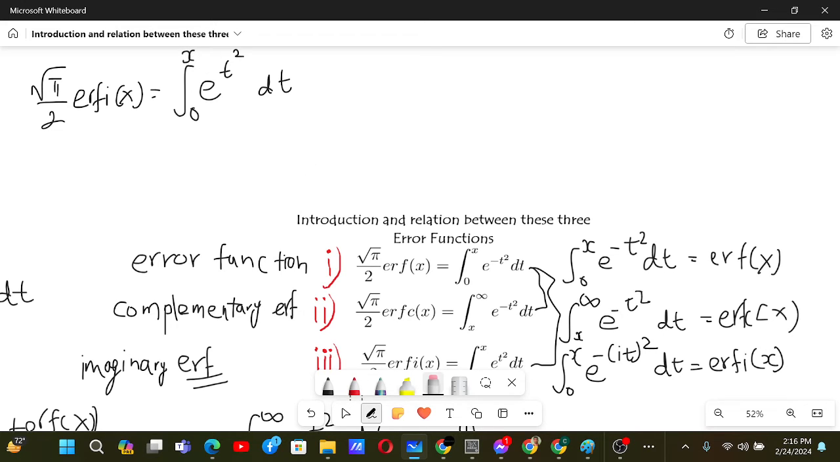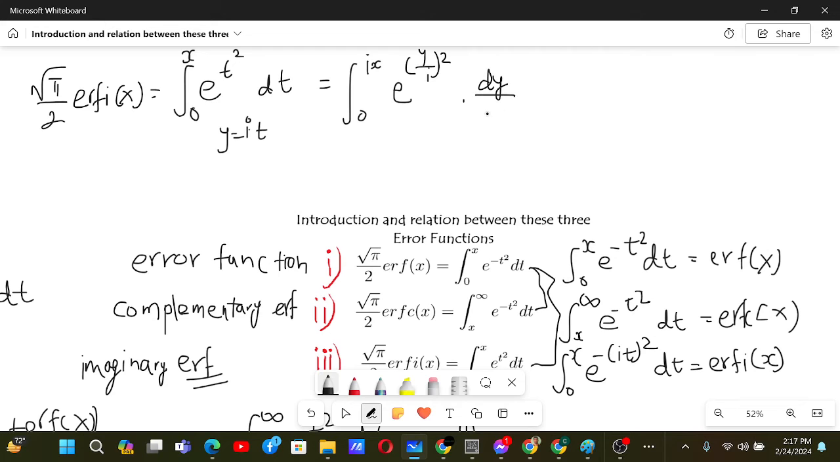Okay. So now let's make a substitution. Y equals i t, so that this will be negative. With the substitution we will have the integral from 0 to ix, and then e to the power of (y by i) whole squared, and then dy by i